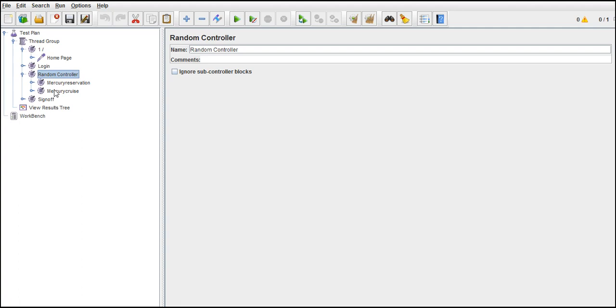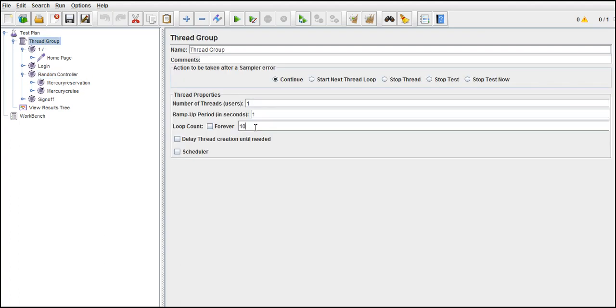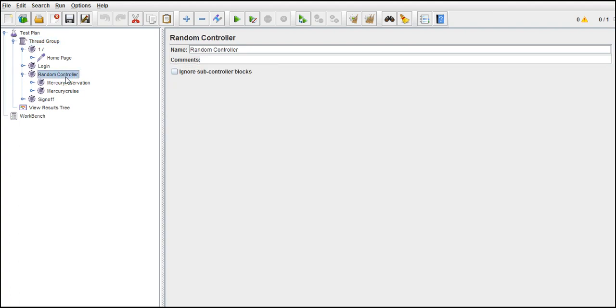If you want rigorous testing on your application, pick the random controller and leave it. JMeter will take care of executing those. You need not write specifically to execute this and that. It randomly picks and executes every time. Give the loop 1000 times, go get a cup of coffee and then verify. Random picks any request, 1000 times, and gives you your results. Because in this situation you don't know what the user does at what time. You just give random and see. So all these are simulating real-time scenarios.